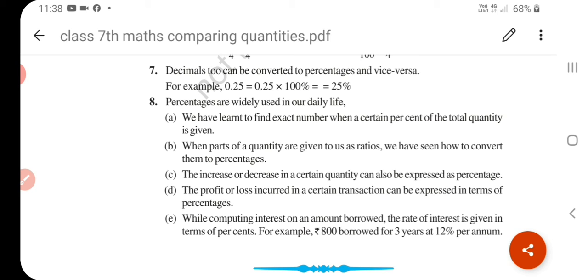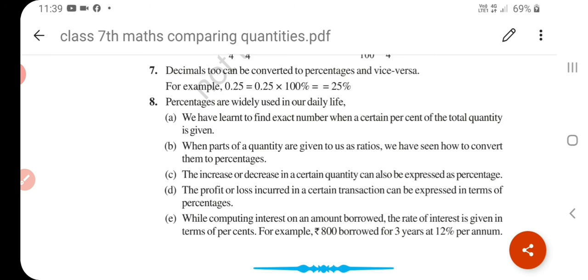and T is time period. Okay, now a fraction with its denominator 100 is called percentage. Okay, and to find percentage of a quantity, replace the percentage sign with 1 upon 100 and multiply by the given quantity. Okay, to convert a percentage into a fraction, drop the percentage sign, divide the number by 100 and simplify.